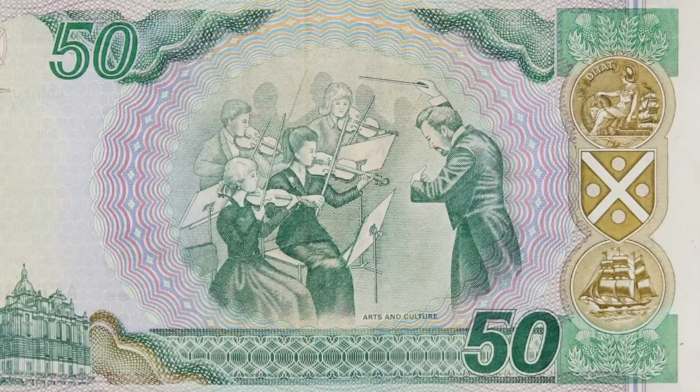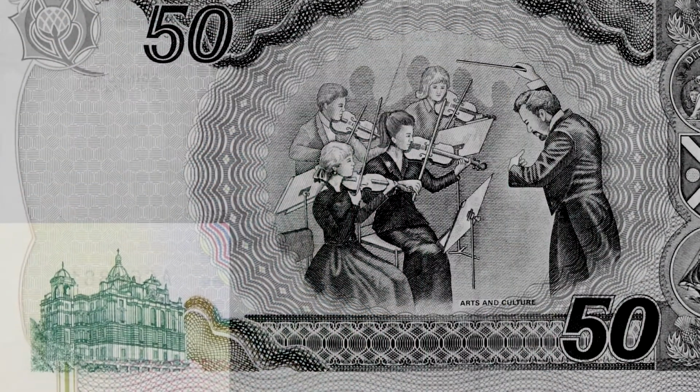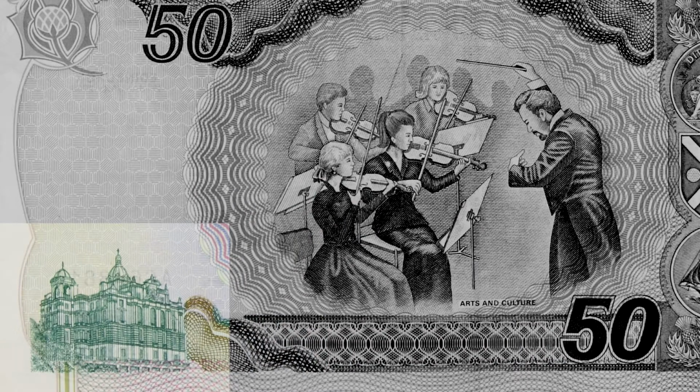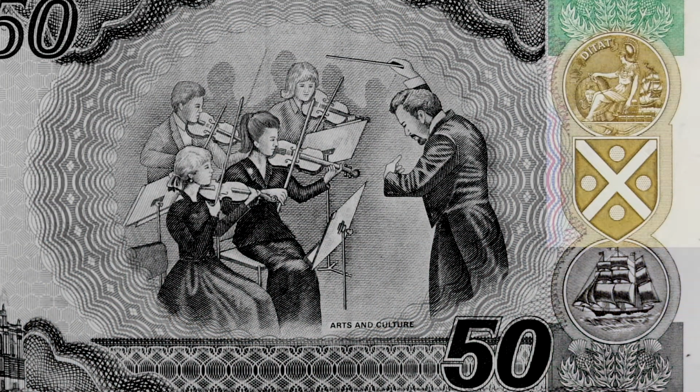On the reverse of the note, there's a vignette of an orchestra representing the arts and culture of Scotland. In the bottom left, there is an engraving of the Bank of Scotland's head office on the Mound in Edinburgh, and on the right, the three coats of the Bank of Scotland, that being the Pallas, which is the goddess of weaving, from the British Linen Bank, the Bank of Scotland's arms, which is a saltire with 4 coins, and